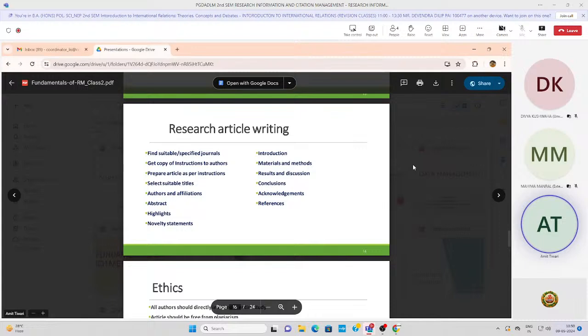It is advised that there is a CARE list in the Indian scenario which came into the picture a few years back. CARE stands for Consortium for Academic and Research Ethics. So this consortium actually is being